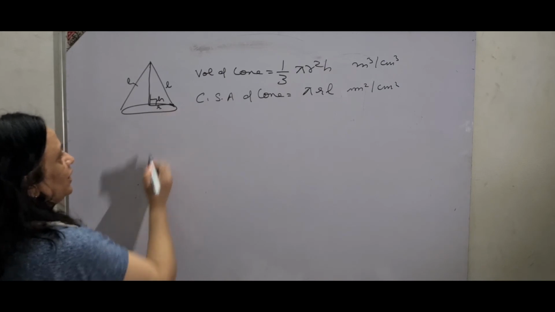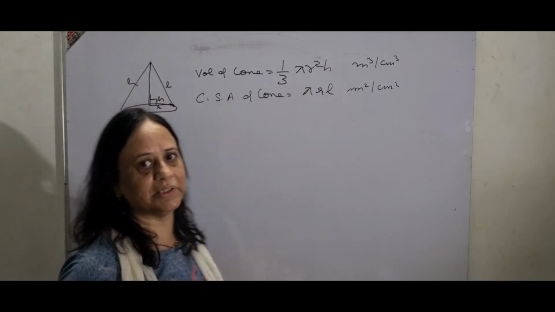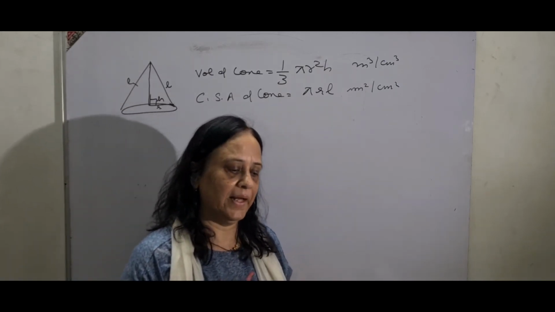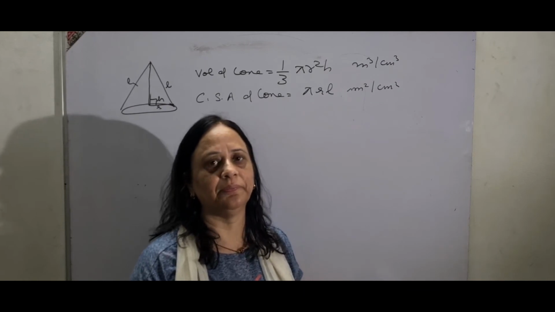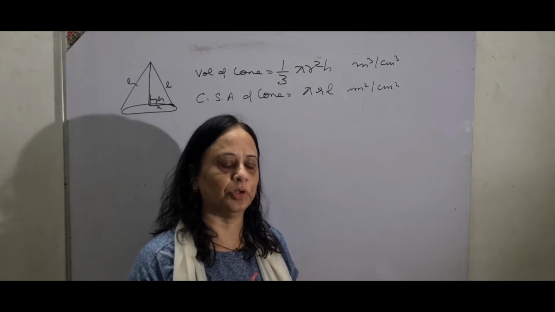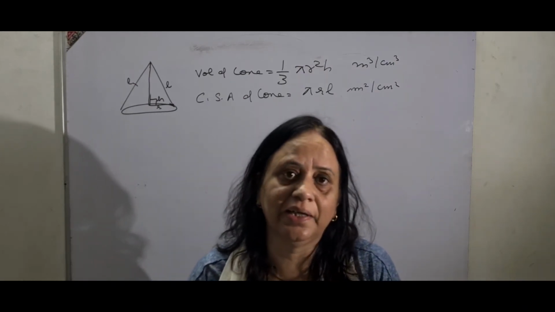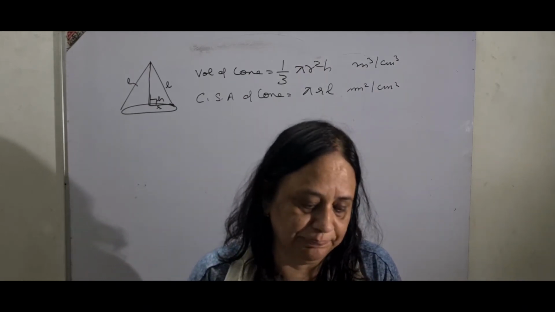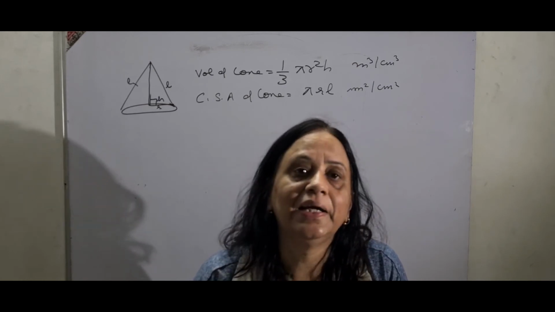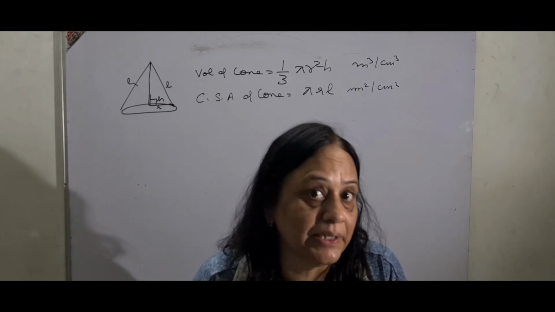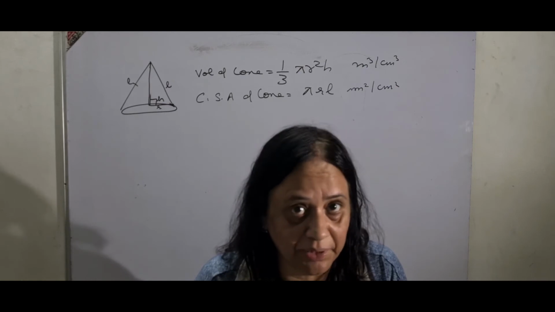Be very careful, it is always a right circular cone, which means you can apply the Pythagoras theorem, because we always take a cone to be a right circular cone. That means the cone stands at 90 degrees when you put the base on any surface. And just remember children, cone means ice cream cone, which you are very familiar with.